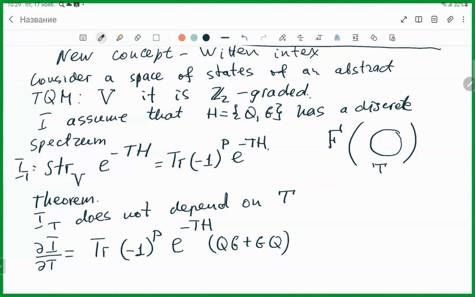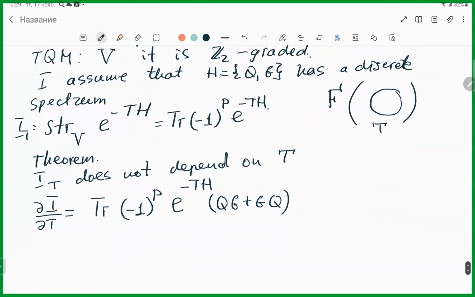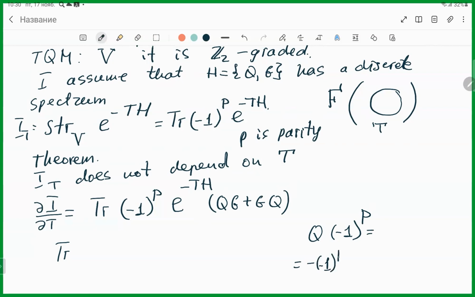Now I want to move Q around the trace. And I will use the fact that Q times minus 1 to the parity P equals minus 1 to the power parity times Q, because Q changes parity. So here I'm taking Q through e to the minus tH. It's okay. It commutes. Through the parity,